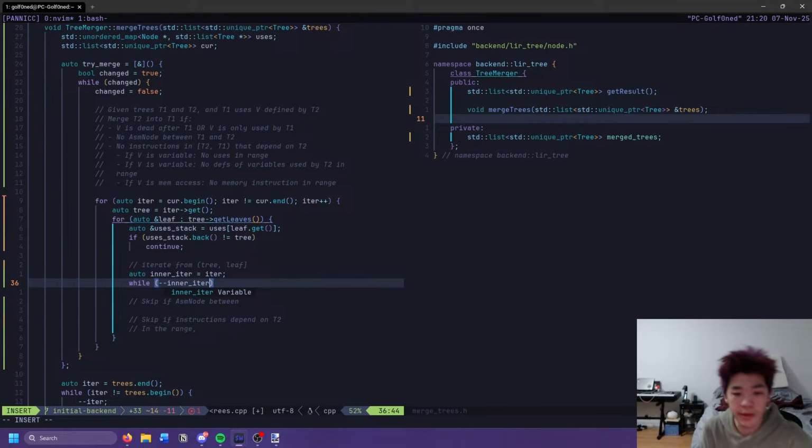Yeah, because the other condition matters as well. So no uses, no defs, and no memory instruction if mem access. Okay. So we could just do this and then get, and this is a